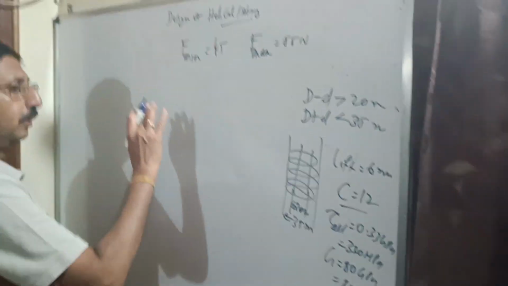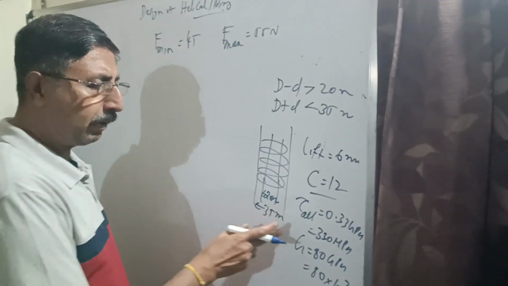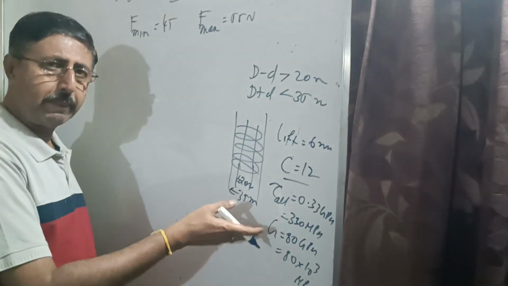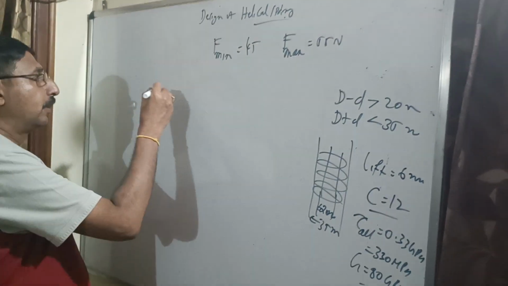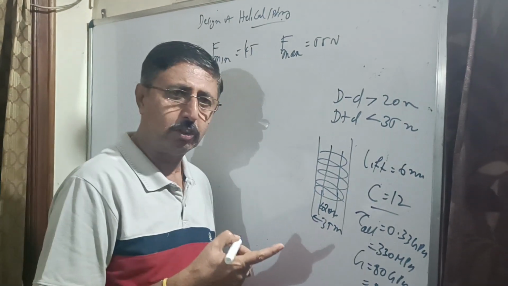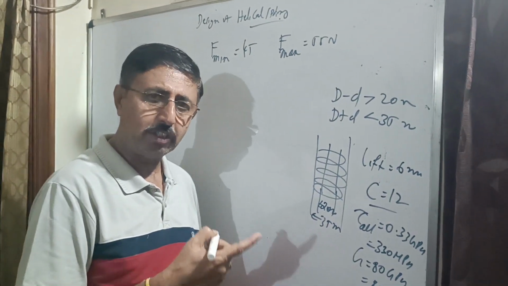So, just in case it is not given, we have to select a suitable material from the table and find out the relevant property and then find out the allowable shear stress. Okay, now let us start. And one very important assumption we will make in this particular problem,